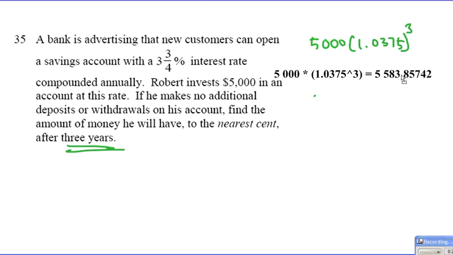So when you calculate that, we'll end up getting this. The question is, find the amount of money he will have to the nearest cent. So we'll end up having 5583.98. That's the dollar amount, including the cents. Alright,